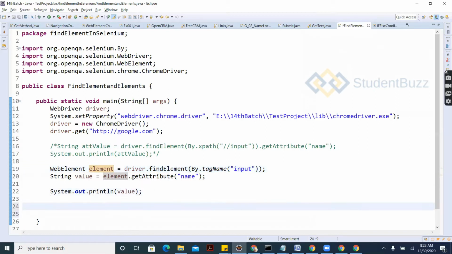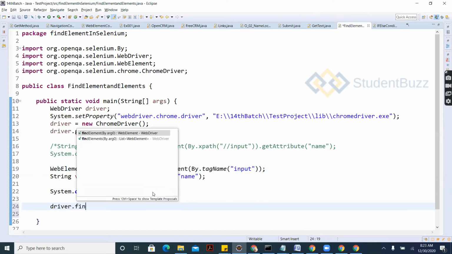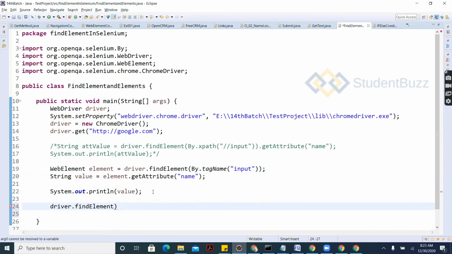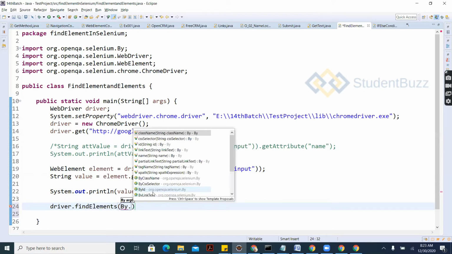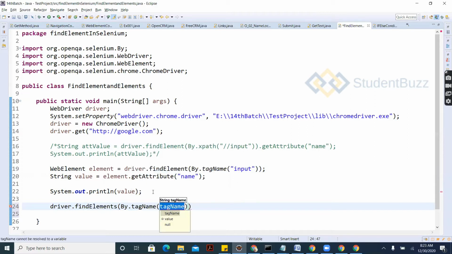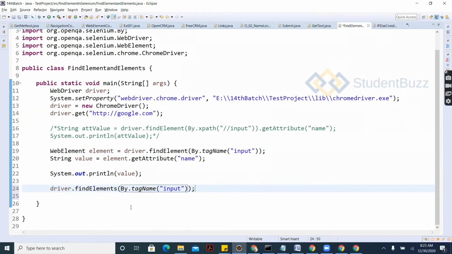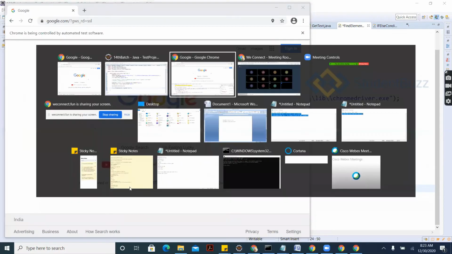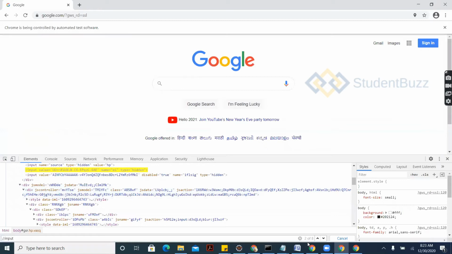So the other one is driver.findElements. Okay, By.tagName will take the tag name, and this is input again. The findElements which we have done was finding 8 elements here.